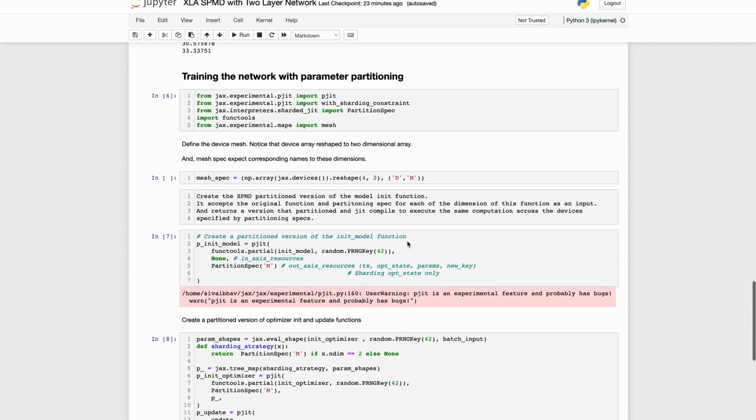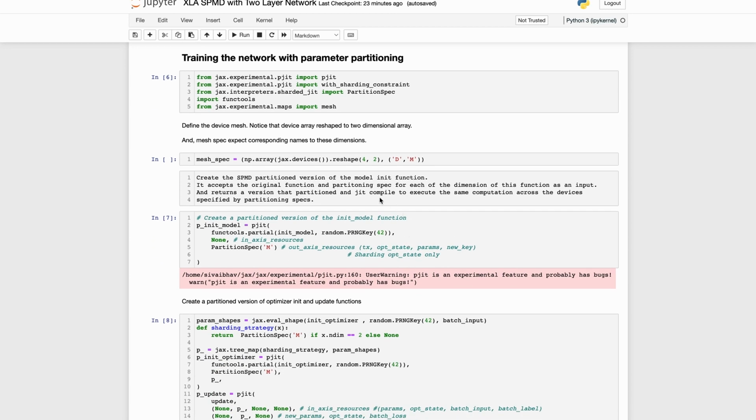And then XLA SPMD comes into play when we define the pjit transformed version of the different functions that we defined above for facilitating training. For example, in this case, we are defining the partitioned version of the model initialization function.